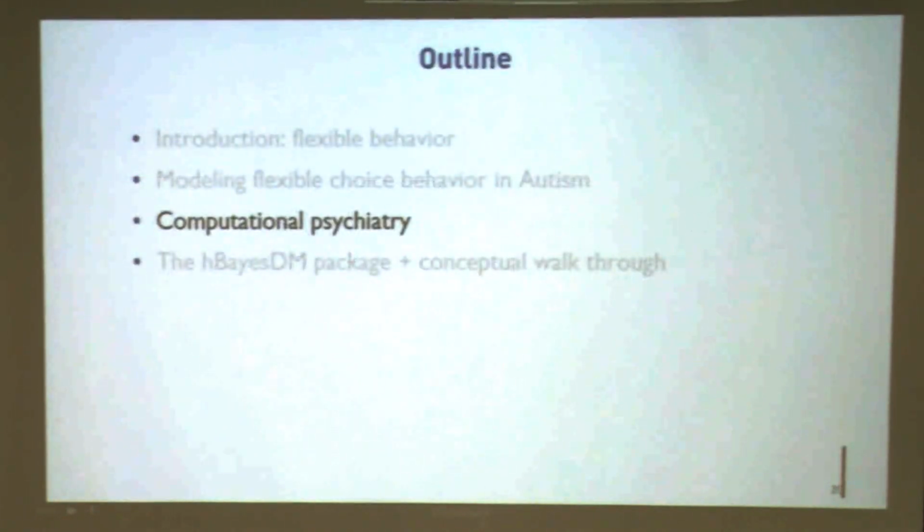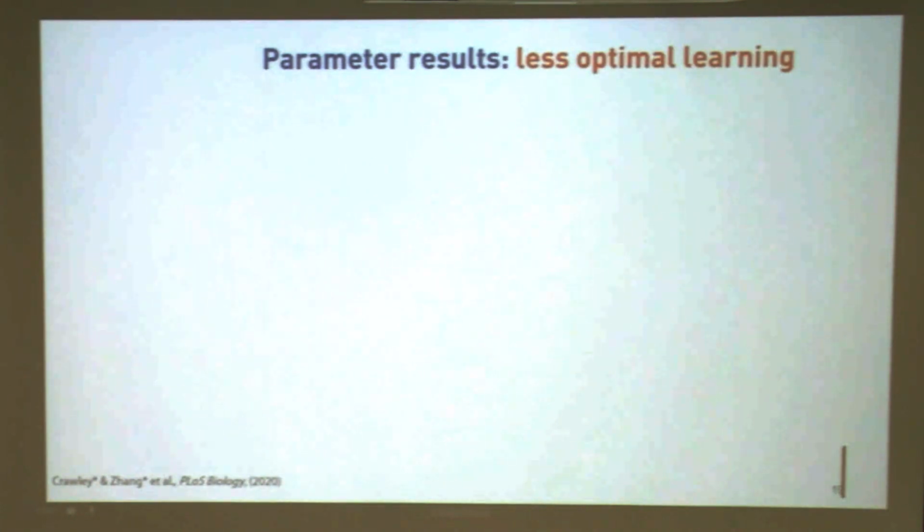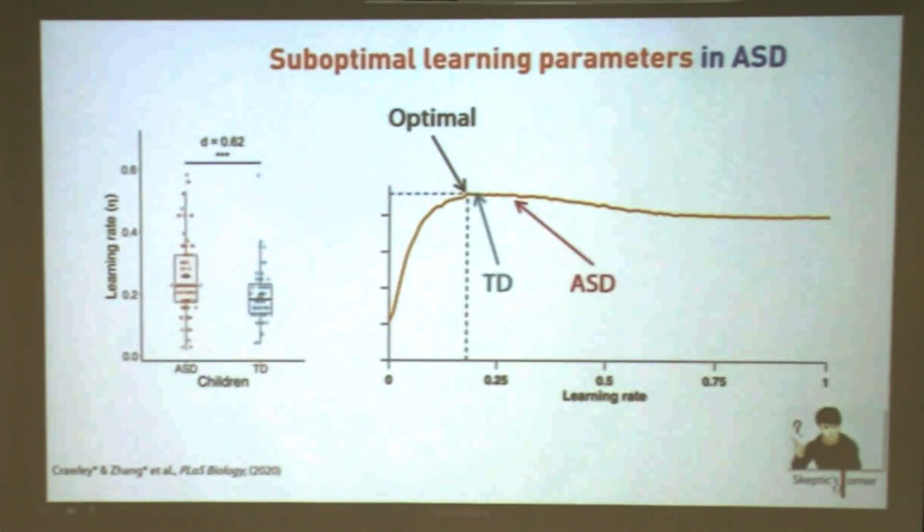Right, so that's essentially it. And those are more results for the learning parameters in the adolescents group, in the adults group. There's no real time to explain that, but roughly they all show the same message. The learning parameter in the TD individuals is suboptimal relative to... So those parameters, they show the same message. The TD learning parameters are a little bit further towards the optimal learning rate relative to the healthy learning parameters, the same message.